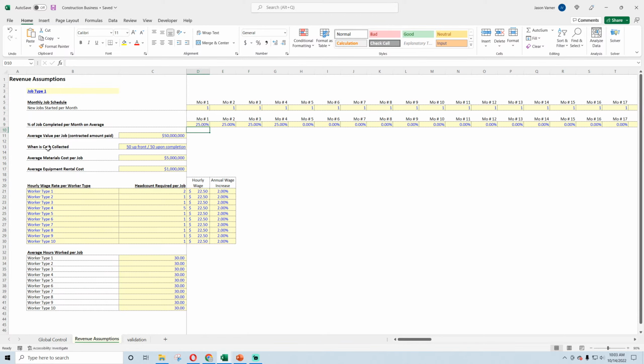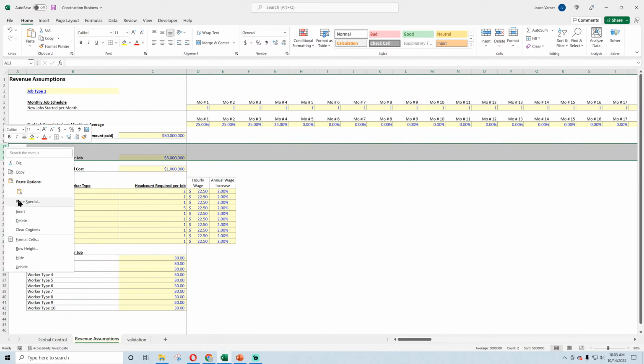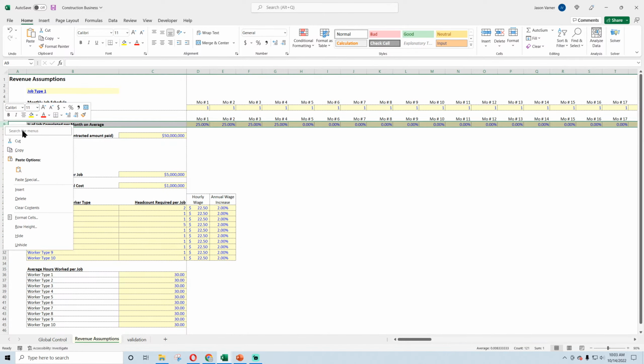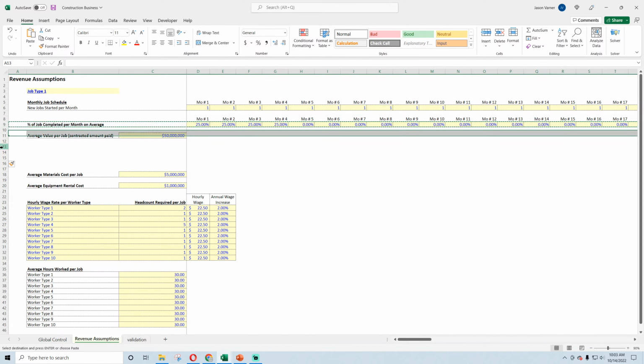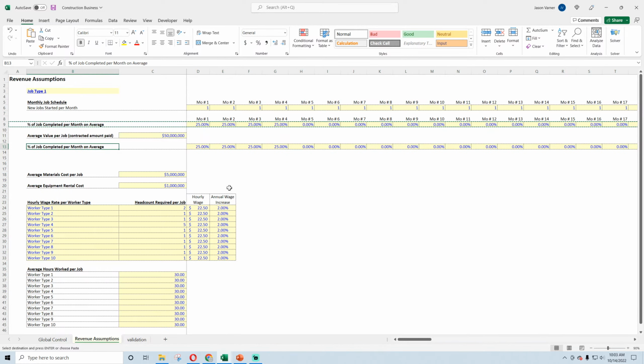There's other logic for that, so this is the main change I thought of over the weekend. Instead of having a 50-50, evenly billed, 100% up front, 100% upon completion, screw that. There's no need to code in four different scenarios. Here's what I'm going to do instead. We're going to say percentage job complete is a percentage, and then right below this, we're going to say the job value, and then we're going to put the amount of cash collected on the job, collected over the job lifetime